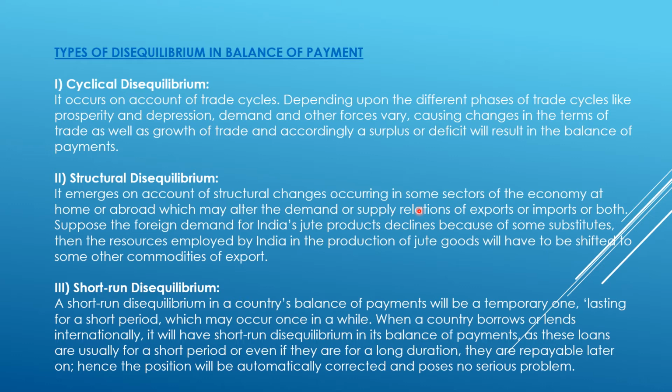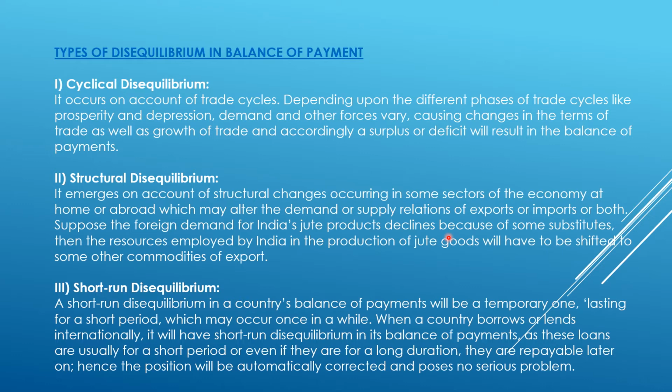disequilibrium. The structural disequilibrium arises when structural changes take place in some sector of the economy, in some sector of the economy, that you need to remember. Let's take an example. Suppose the foreign demand for India's jute product declines. Here the demand for India's jute product declines because, let's say, China found some other